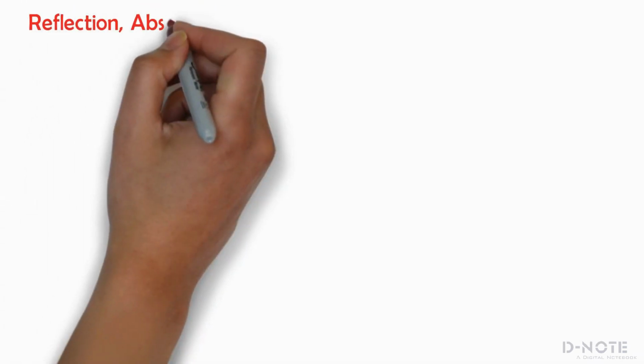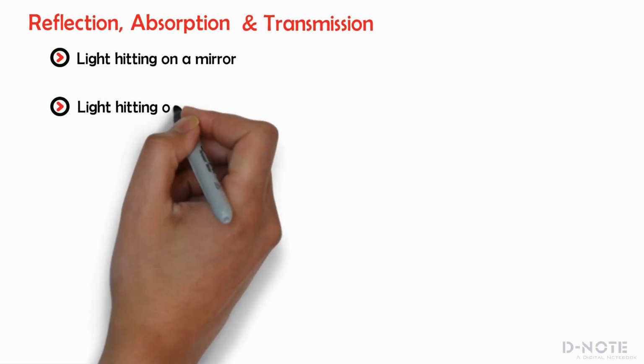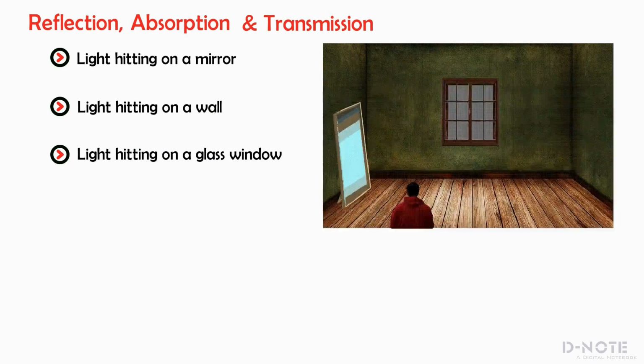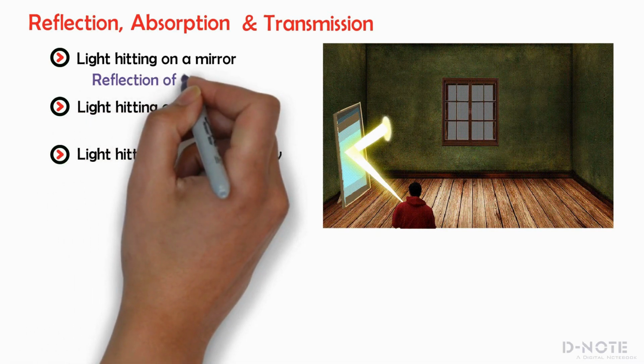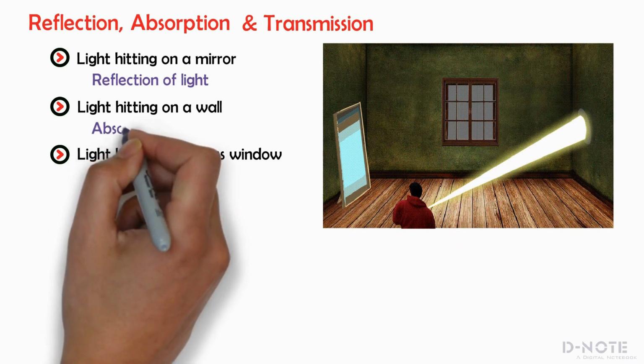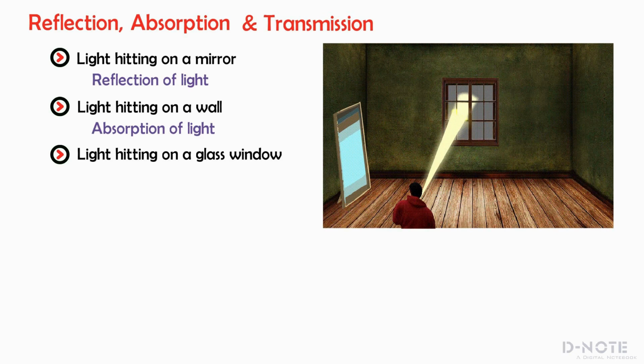Now we can familiarize the terms reflection, absorption, and transmission. Consider three cases: light hitting on a mirror, light hitting on a wall, and light hitting on a glass window. When the light hits on a mirror, it bounces as shown, which is called reflection of light. Now, when the light hits on a wall, it gets absorbed by the wall, which is called absorption of light. And when the light hits on a glass window, it travels through the glass window, which is called transmission